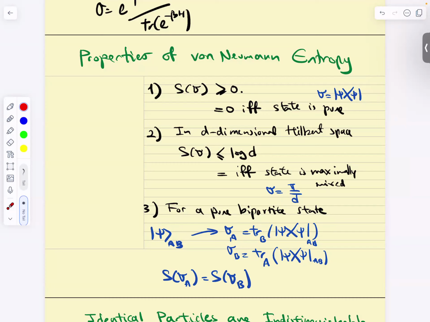If Alice and me, we share an entangled state, my lack of knowledge is exactly the same amount of knowledge that she lacks. Whatever I know is exactly what she knows. There's some sort of symmetry in entangled states. That's obvious, the Schmidt decomposition makes this obvious, right? When you can write any psi AB in this form, it's pretty obvious that if you calculate the reduced density matrix, it's going to be exactly the same.